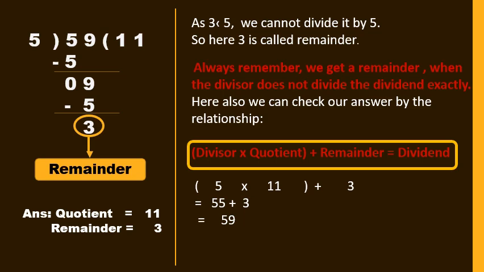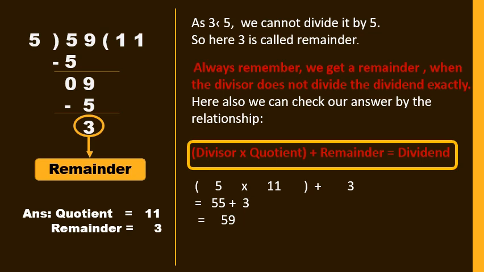Girls, here also we can check our answer by the relationship. What is that? Divisor into quotient plus remainder equals dividend. So in this sum, we have 5 as divisor and the quotient is 11 over here and the remainder